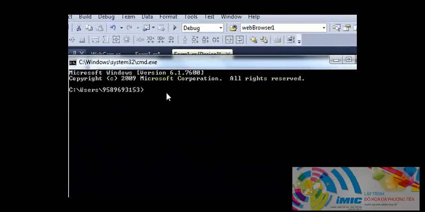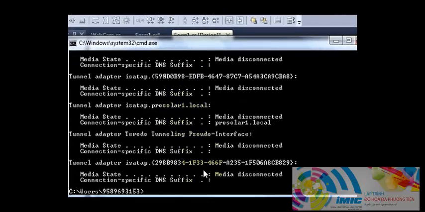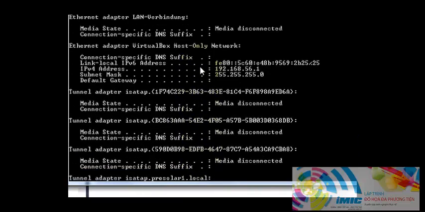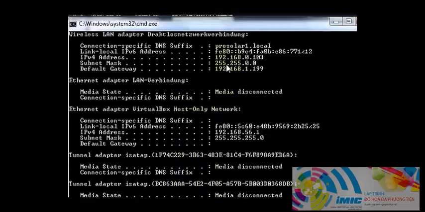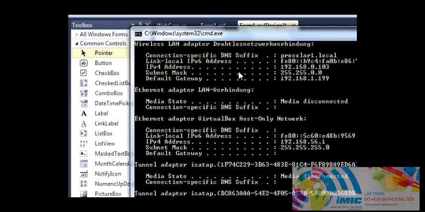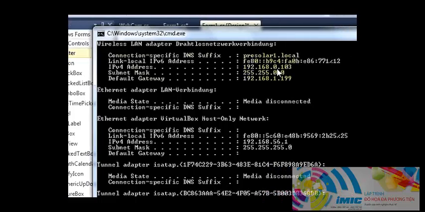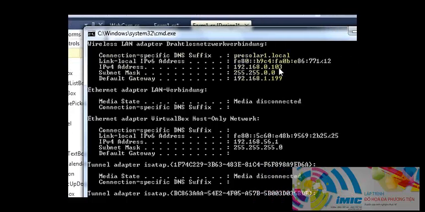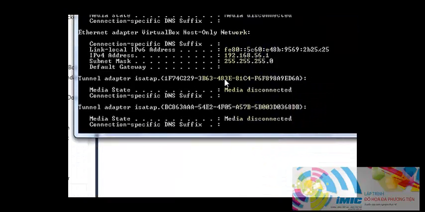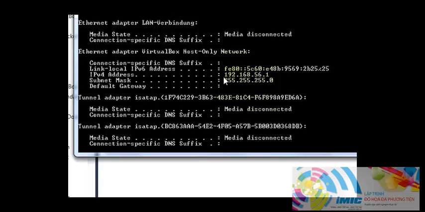In here, if you type ipconfig and press enter, it will show you the list of network IPs you are connected to. These are local network IPs. This is the IPv4 address, 192.168.0.103. So this is the IP address I'm talking about, and I have one more IP which I'm connected to,